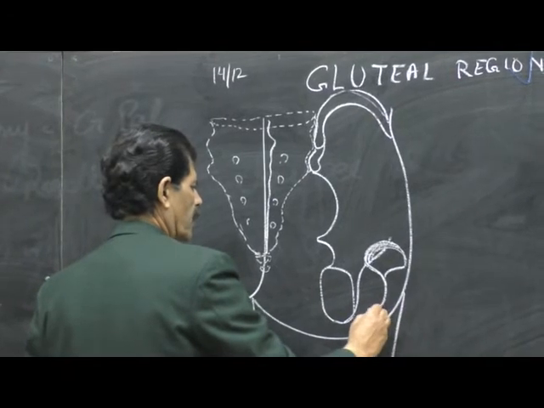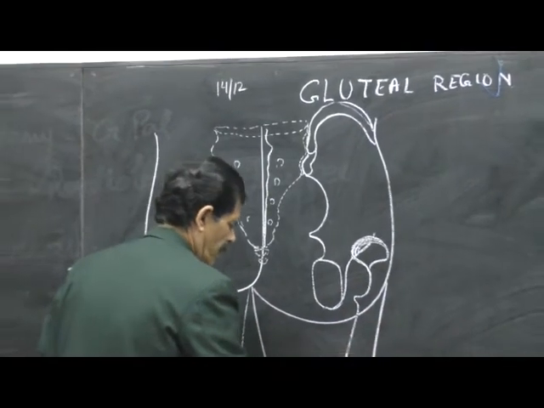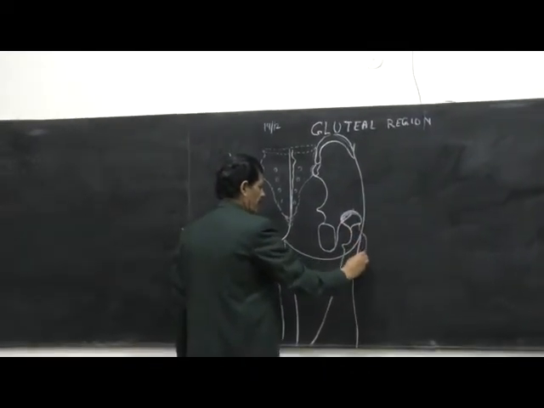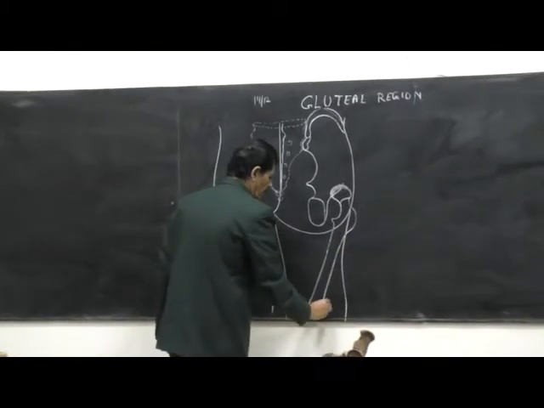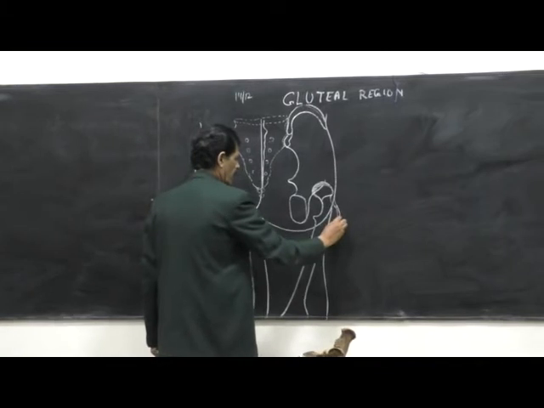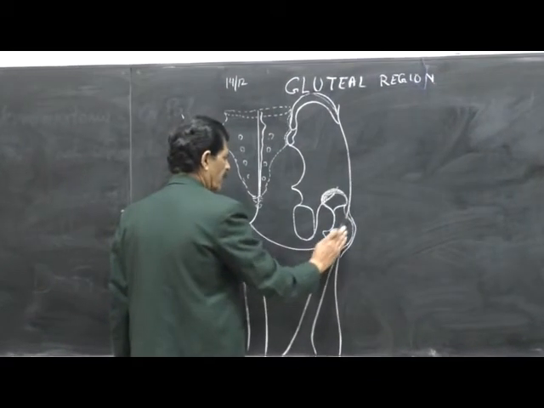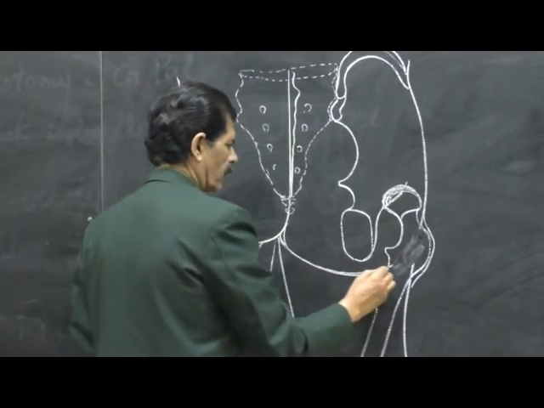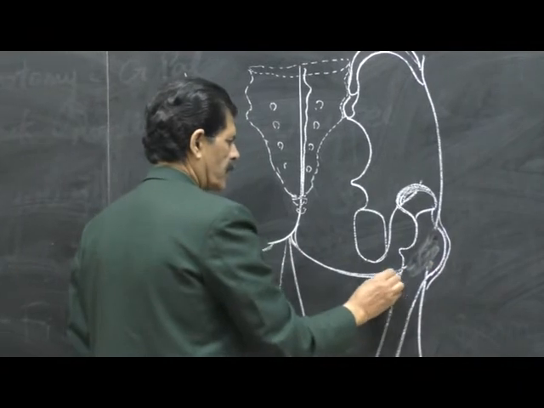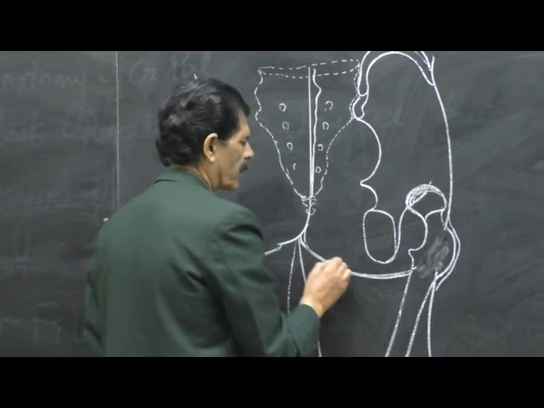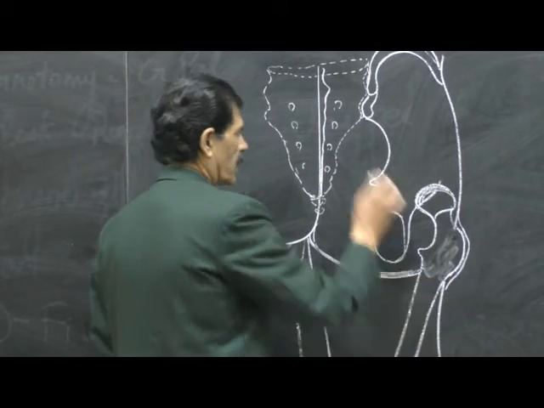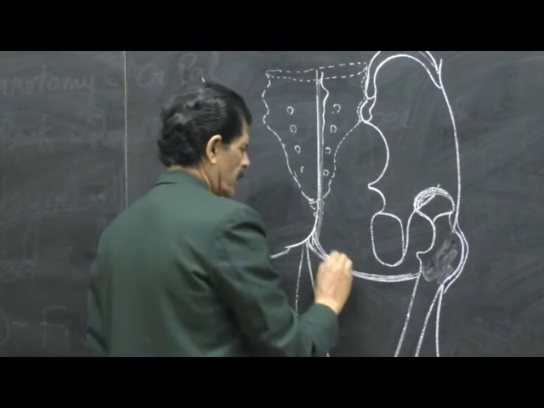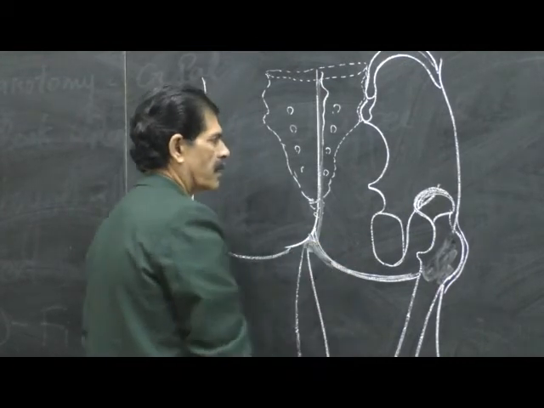with the lesser trochanter, the shaft of the femur, with the neck of the femur, and the greater trochanter, and the lateral border of the femur. This is subcutaneous, skin is very near to it. So this fold in the gluteal region is called the gluteal fold. And this gluteal fold is created because of the presence of the lower border of the gluteus maximus muscle. Between the two gluteal regions, this line represents the natal cleft. So this is how we do the bones in that region.